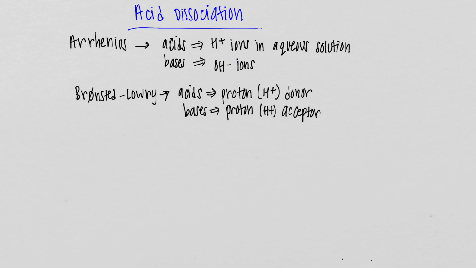So we have these two types. I believe it's easier to use the Bronsted-Lowry definition. I feel like it's a lot simpler, and typically teachers will focus on this type of acid and base, how these are defined. But if we're looking into a reaction and how it's dissolved, let's do one real quick of